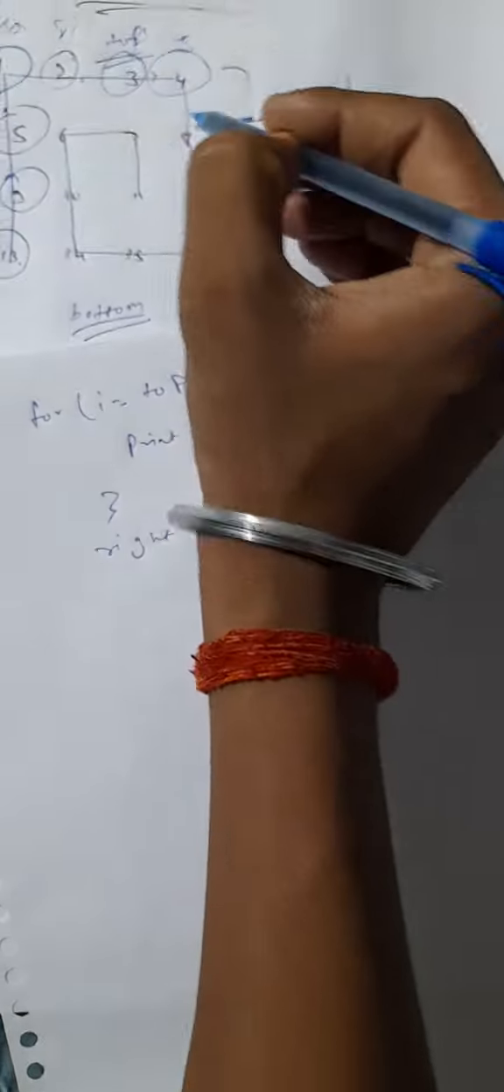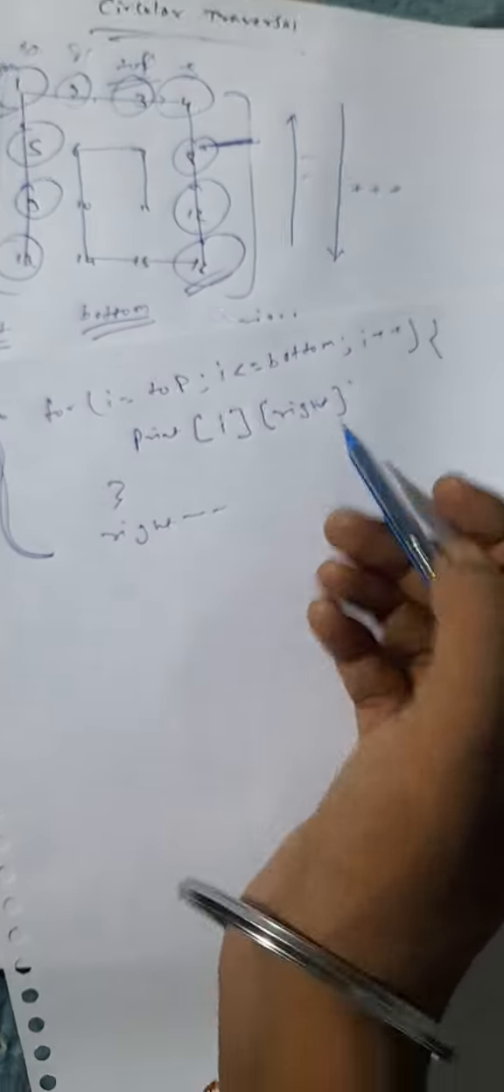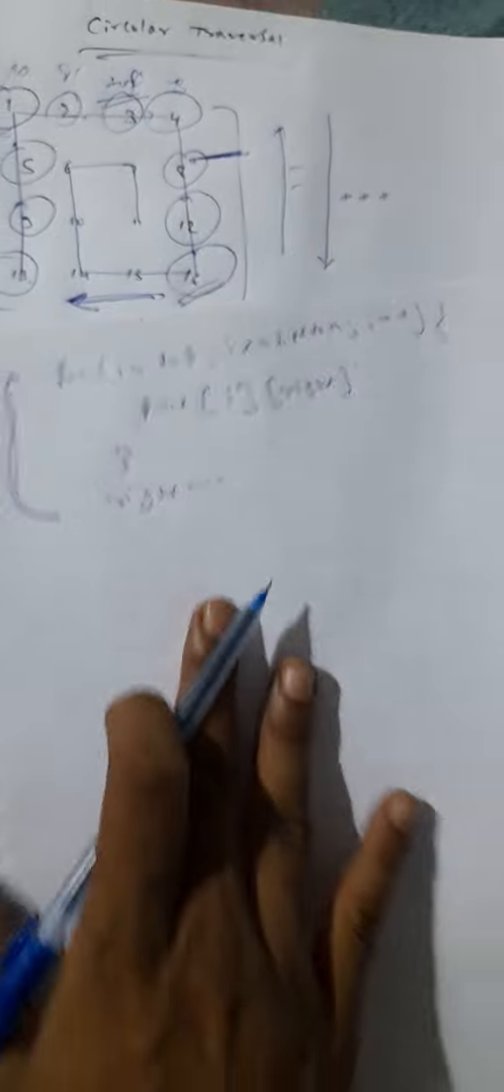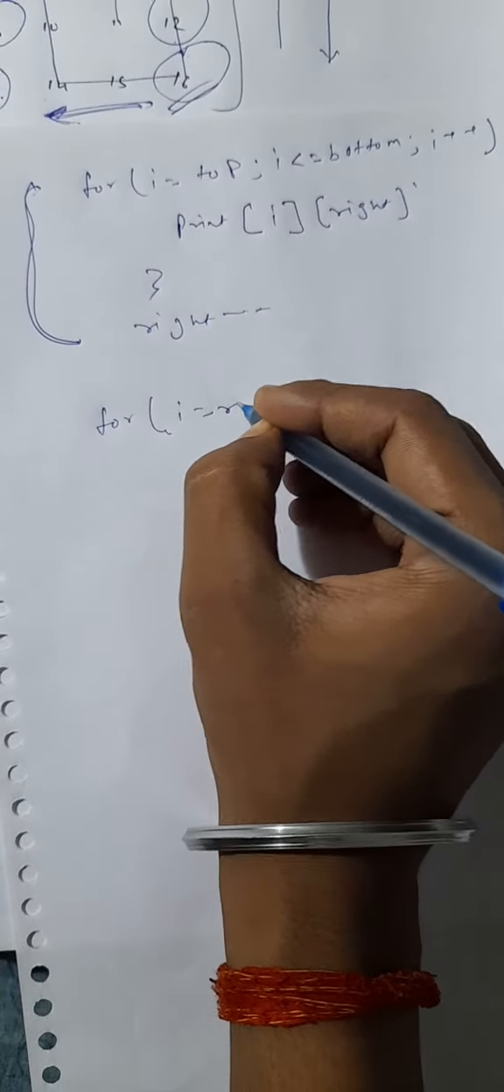Okay, now this element, this element, this element will be covered in this loop. Now we have to move here to here, right to left, to cover the elements 15 and 14. So what we have to do, run a loop i equals right,